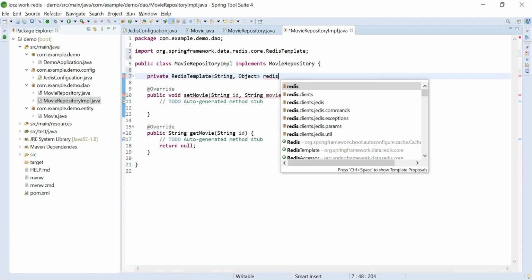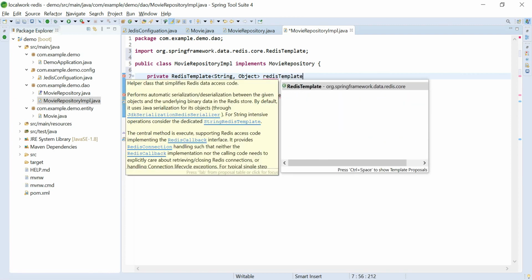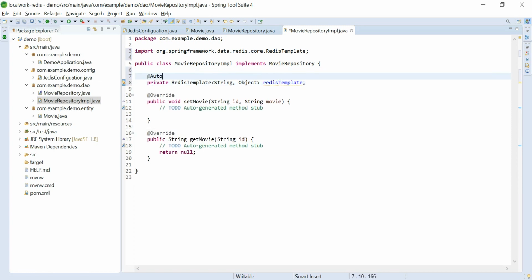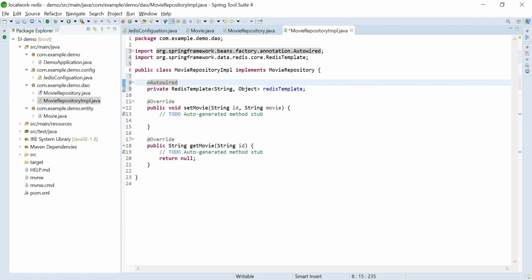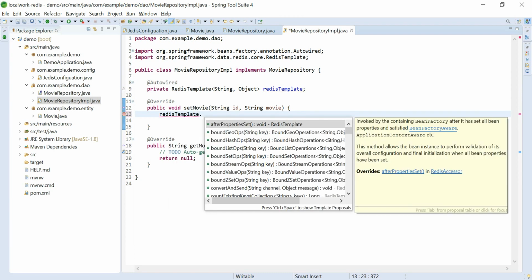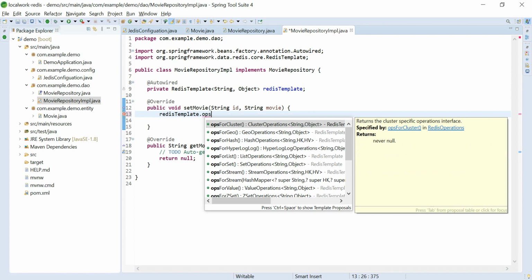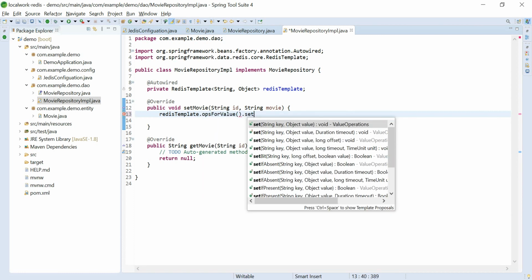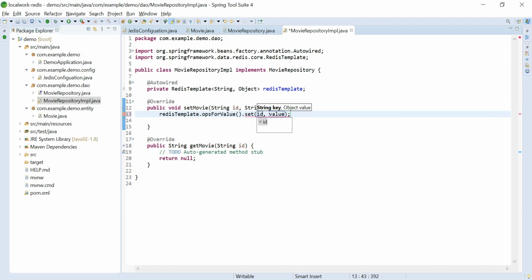Redis template will be our field name, and we will autowire it using this annotation. Now to set the movie, we will use redisTemplate.opsForValue().set, passing the ID and our value, that is movie.